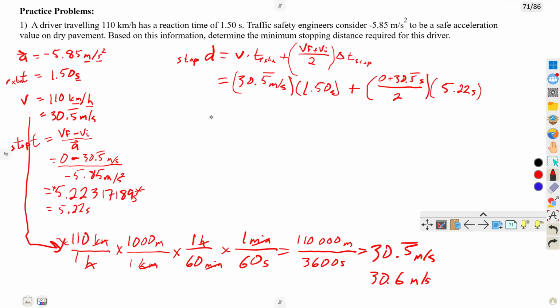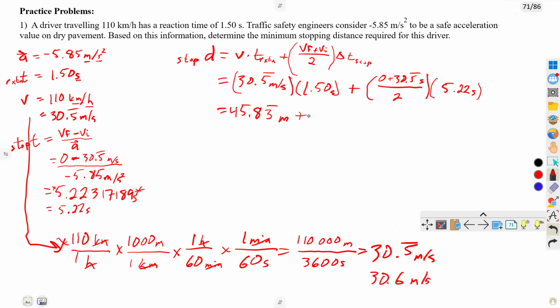Okay, so taking the first part and times it by 1.5 is going to give us 45. Sorry, that's wrong. I was getting one digit ahead of myself. 45.8 and then 3 repeating meters, plus I'm going to take the next part and divide that by 2, and